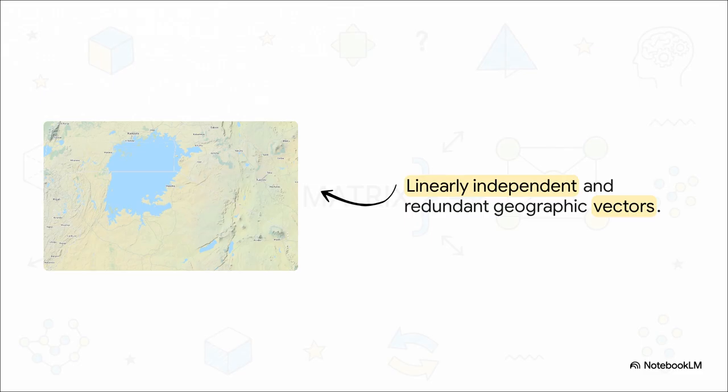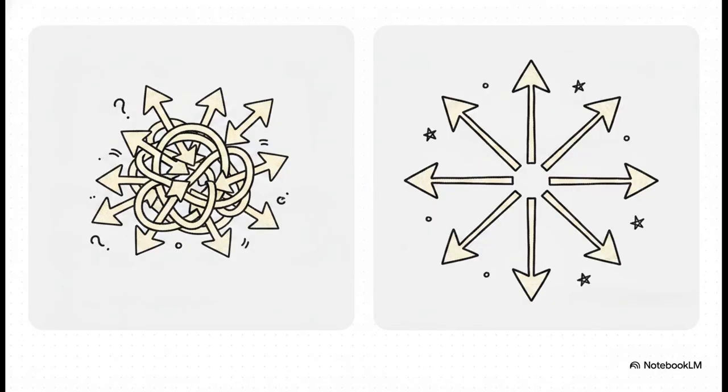They are linearly independent. But if you then added, oh, and by the way, Kigali is about 751 kilometers west of Nairobi, that third statement, while true, is completely redundant, and honestly just annoying to whoever is driving. You could have figured that out just by combining the first two vectors. So let's formalize this. Linearly dependent vectors contain redundant information. If a set is linearly dependent, at least one vector is just a combination of the others, like that totally useless west vector on our map.